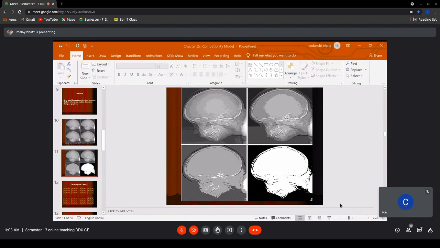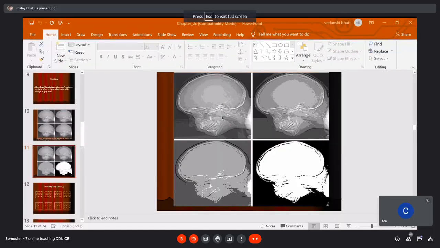Basically, this gray level resolution affects the quality of the image. At the lowest level, it becomes a black and white image.